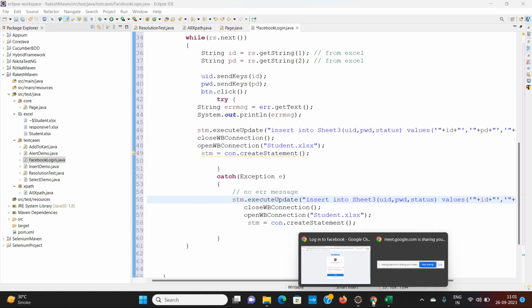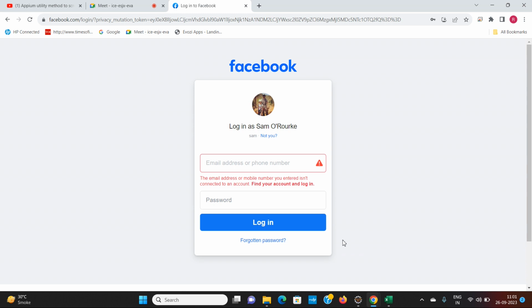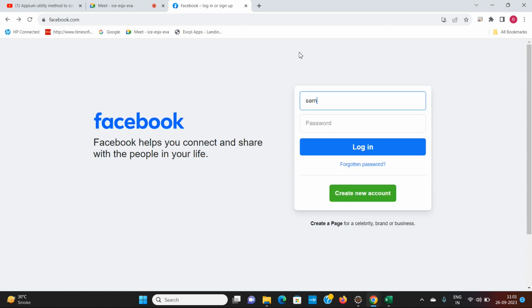I have to check the manual process also. What is the manual process? If I want to enter Tom, then I have to go back. One way is, because here XPath will be different, this text box XPath will be different, so it is up to the person. He can take this XPath separately and then again enter the data Tom over here, or we can go back like this, and again we can clear it. Now if I go back, I have to clear it, and then I will add the next data Tom,